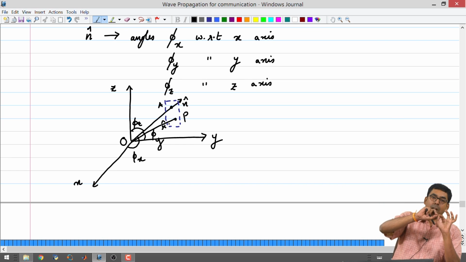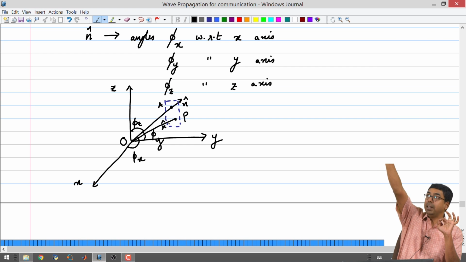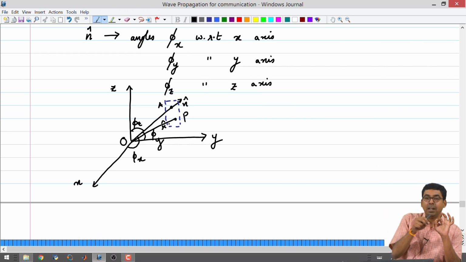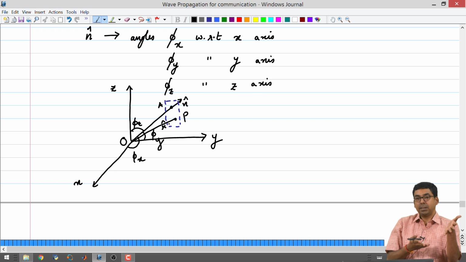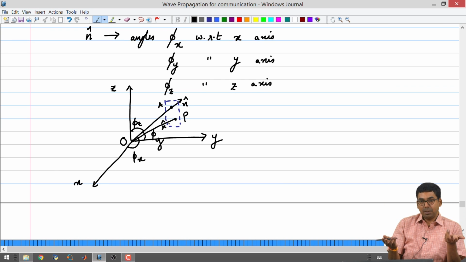I could also draw another vector going from the origin, say, to the edge of the plane, but it is not hitting the plane at 90 degrees. But given the coordinate system, if I have to describe that point on the plane, that is what I have to use. So, it is perfectly possible for us to have points on this plane, and you could connect it to the origin using different vectors.